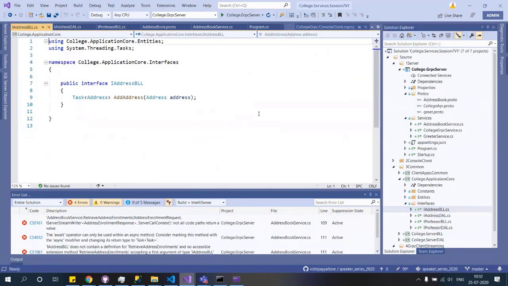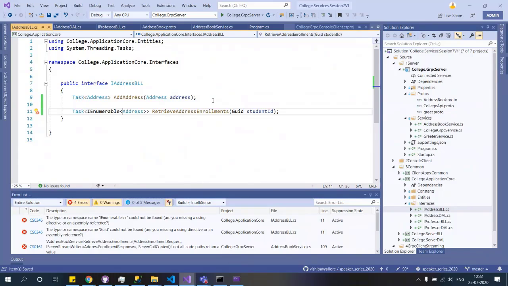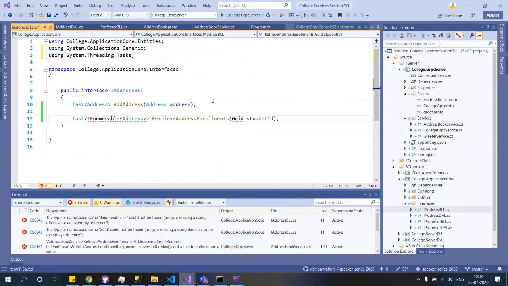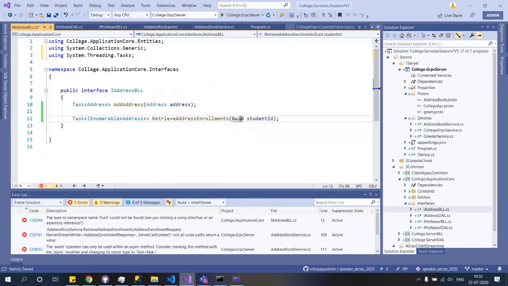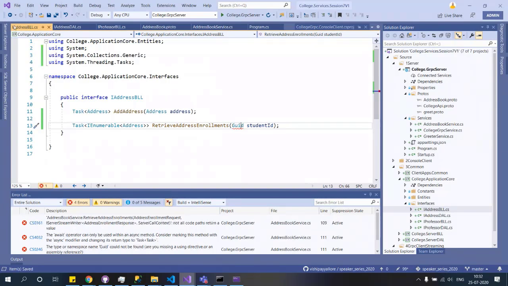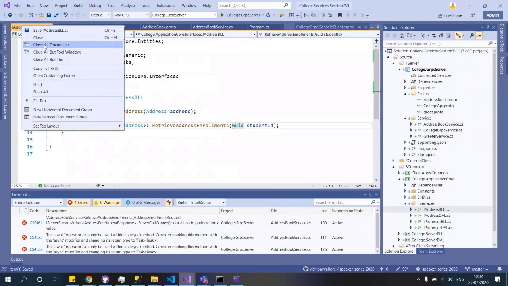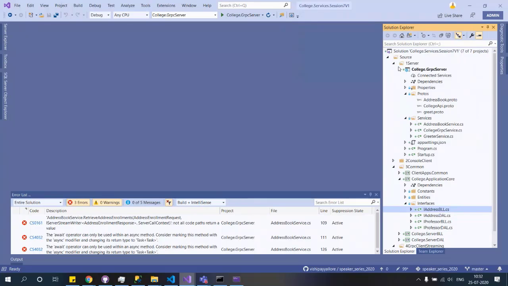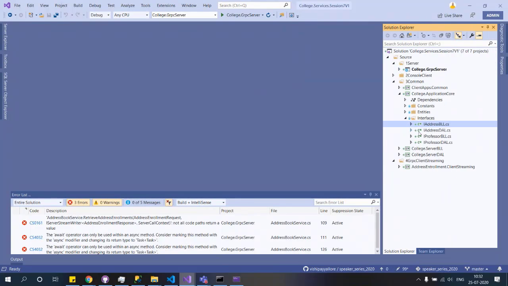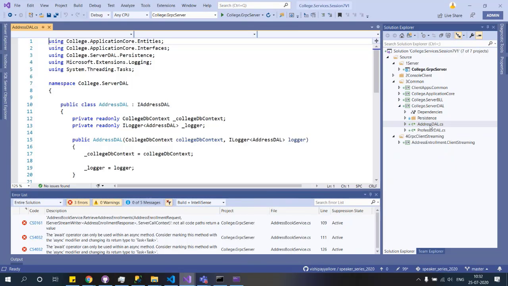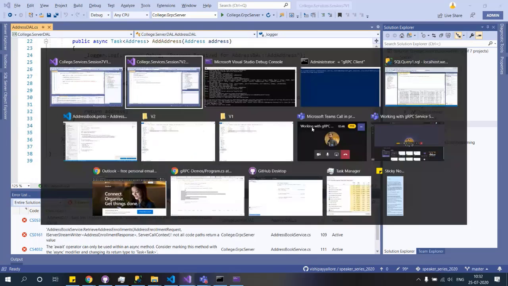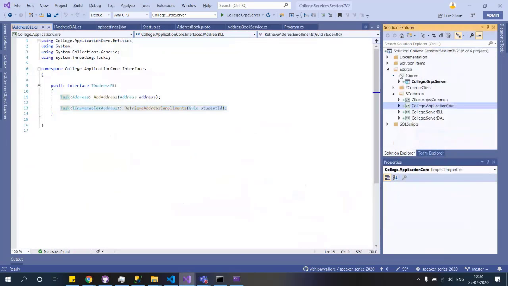Let me, I thought of creating two separate solutions so that it would be easy. But anyways, let's mix it both. It doesn't take much time for us. I'll close this guy, open that address DAL, and drop this address DAL.